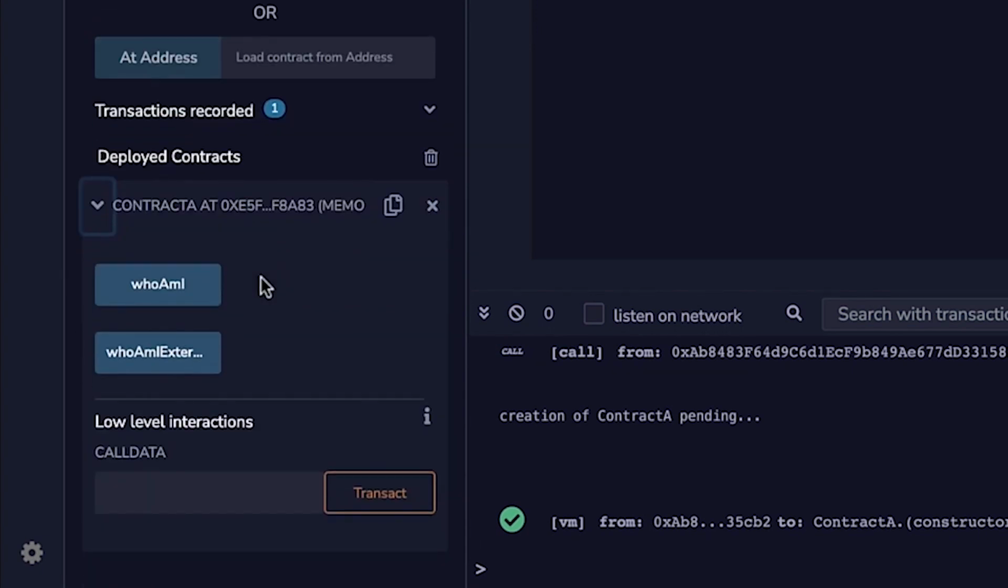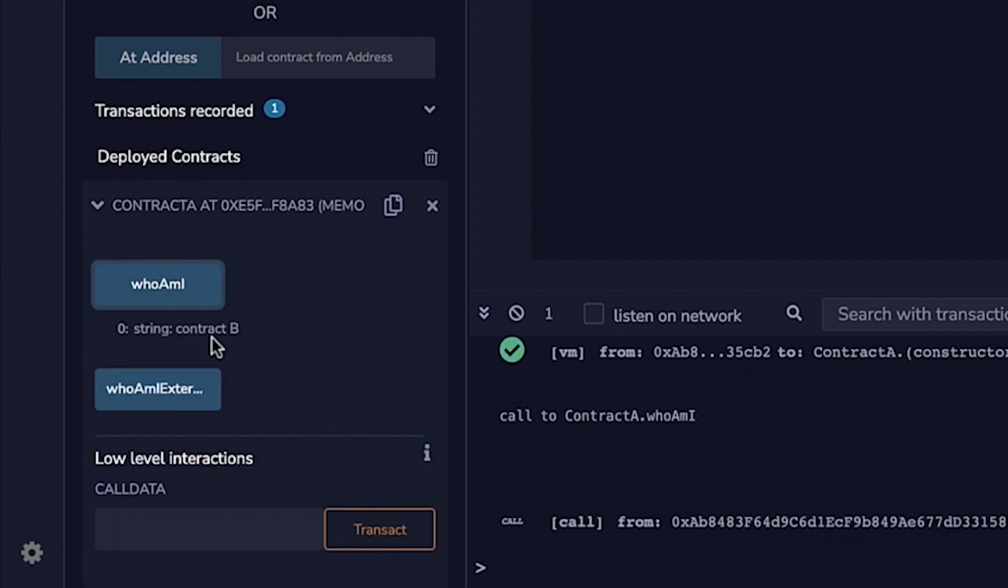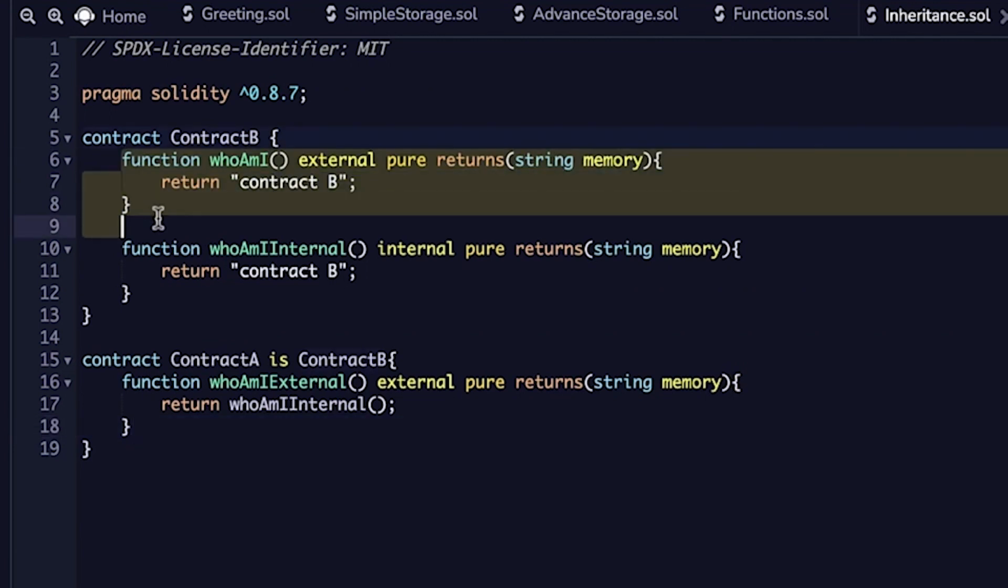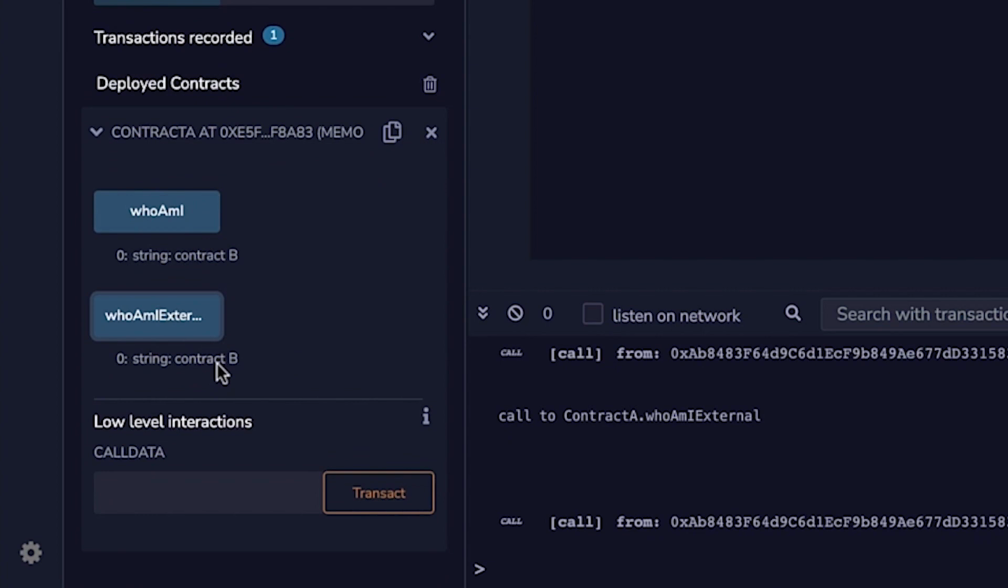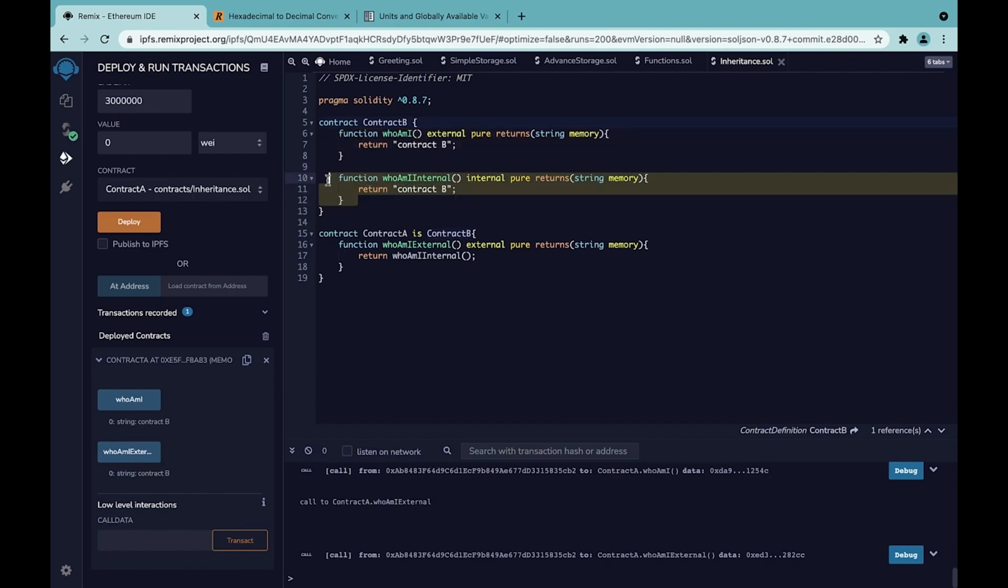Okay, I'm deploying, and now I have the whoAmIExternal and the whoAmI. So let's call whoAmI, and it's calling this one, and now whoAmIExternal is also accessing this function. Okay, so this is a great way to reuse functionality from the parent contract. Okay,